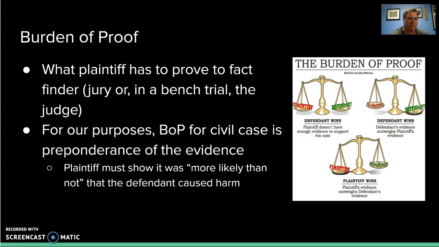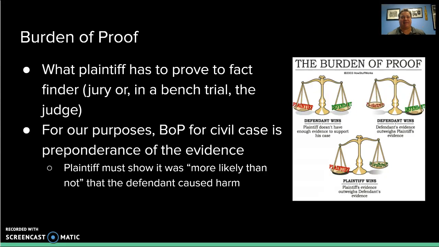which brings us to the burden of proof. How do you prove a lawsuit or an equitable claim? Well, the plaintiff has to prove to the fact finder, whether a jury or in a case of a bench trial, the judge, that their claims support the level of proof required in a civil case. In a civil case, and for our purposes, I mean, it's a little bit more technical, but for our purposes in this survey law class, the burden of proof for a civil case is the preponderance of the evidence,